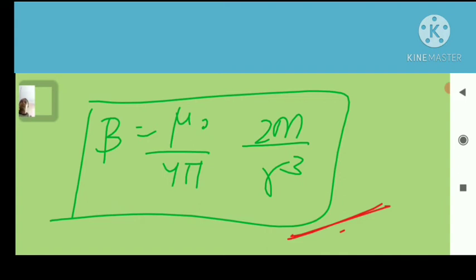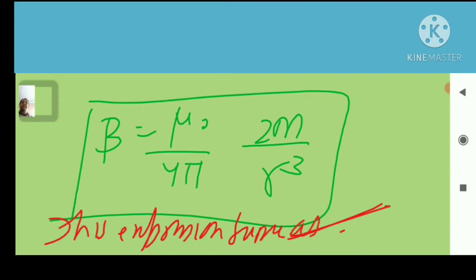So we can write that this expression is the same as in the case of a bar magnet. We get the same expression if we put a bar magnet instead of a solenoid. This expression is the same as for a bar magnet. So this shows that the solenoid and a bar magnet produce a similar magnetic field and they have the same magnetic moments.